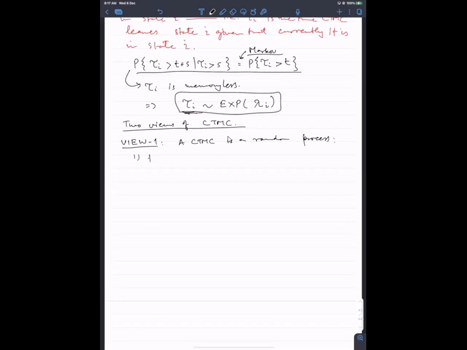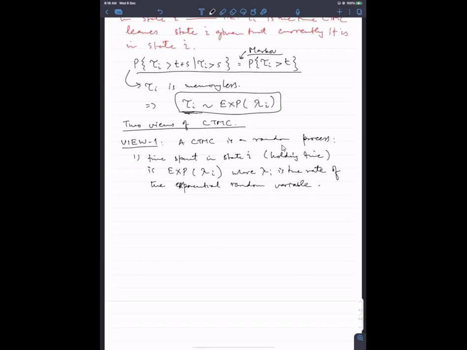Number one, the time spent in state I before transitioning, its holding time, is exponential lambda I, where lambda I is the rate. Lambda I is the rate of the exponential random variable. So in view one, the first thing is that the time you spend in a state is exponential. And the other thing which is essential